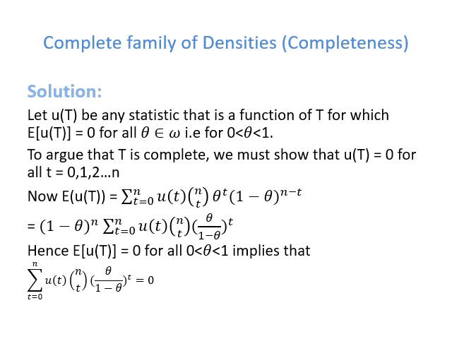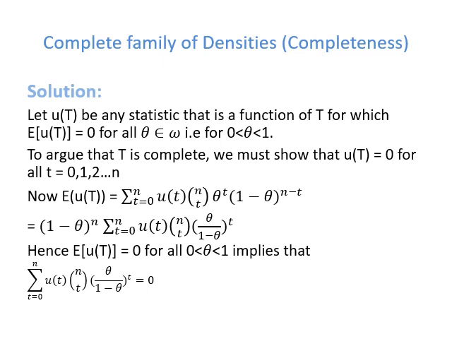We are going to take θ^t times (1 - θ)^(-t). This will give me (θ/(1 - θ))^t. So again, θ^t times (1 - θ)^(-t) will give me (θ/(1 - θ)) all raised to the power t. So what do we have now? The expected value of u(T) will be given by (1 - θ)^n multiplied by the summation of u(t) n choose t (θ/(1 - θ))^t, and we are taking t from 0